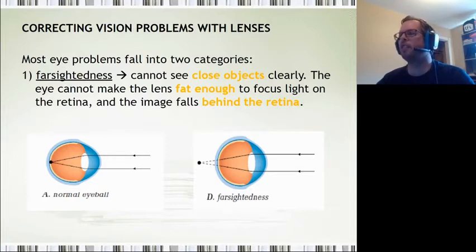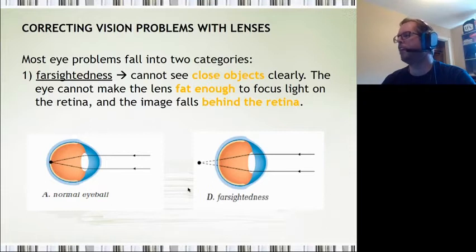Number 1, farsightedness. This is where people cannot see close objects clearly. Okay, so in a situation of a normal eyeball, light comes in, so very distant objects and close for that matter, light comes in and everything focuses on the retina as per normal. This is a normal light bulb. This is a normal human eyeball. Remember, just a review from our last lesson, this is the cornea out here. This is the lens, and both of them will allow refraction of light for the image to focus on the